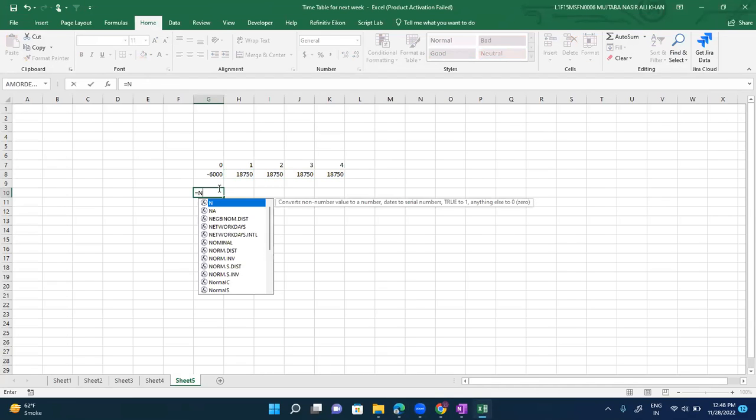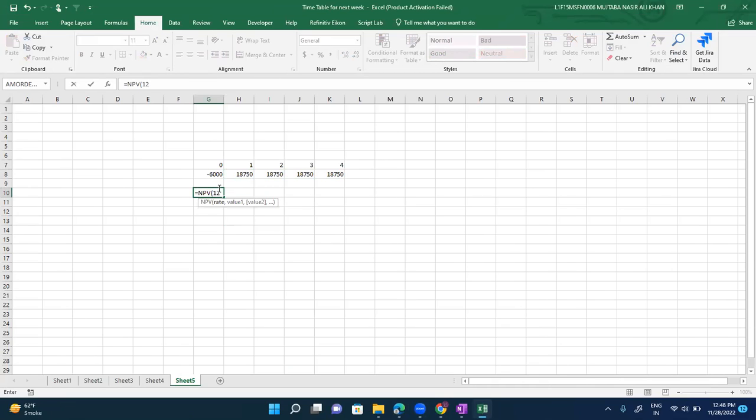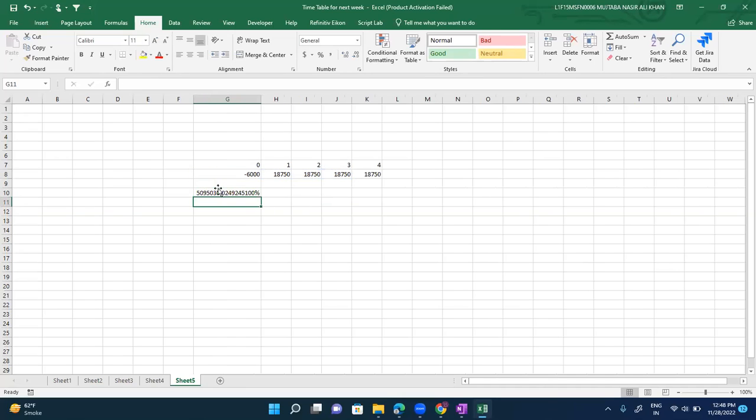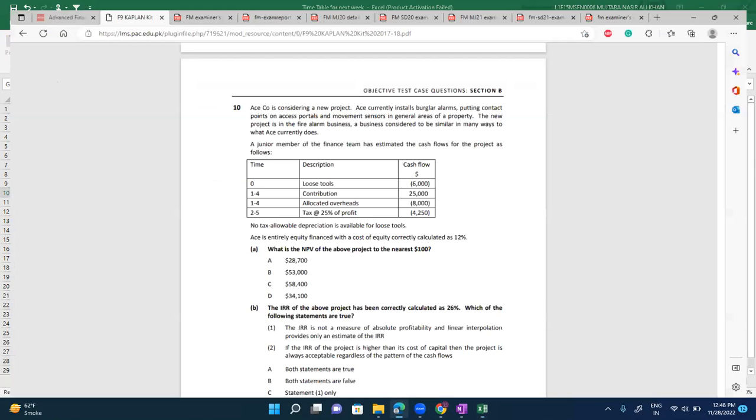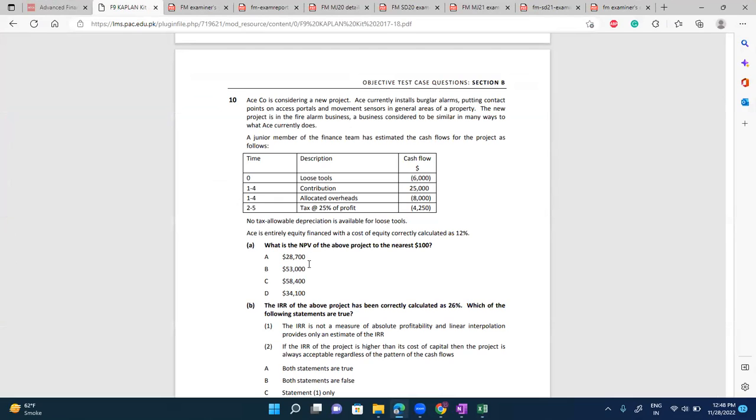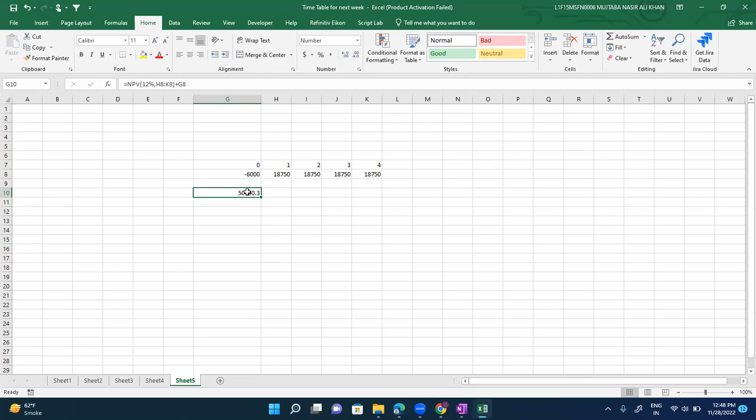मेरा आंसर तो बहुत जल्दी आ जाएगा वैसे। ये आ जाएगा 50,950। सेकंड, कंट्रीब्यूशन है 25%। No tax allowable depreciation is available. आना चाहिए तो 51 तो होना चाहिए।